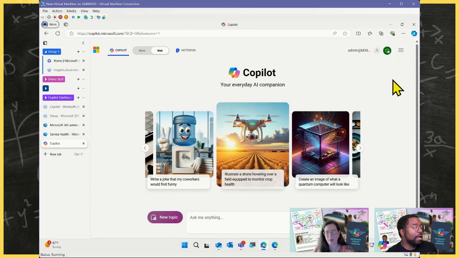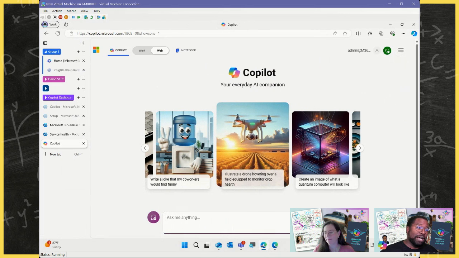Okay. But what we're looking at here, if you've used any AI tools at all, is probably very similar, right? We've got our ability to ask things of it and have it generate things, including images and all of that good stuff. These are all the kinds of topics we'll talk about on this webinar in the coming weeks. But as Stacy and I were talking, the question is, what do we start with? One thing that is very popular among users of Copilot is summarization of things.